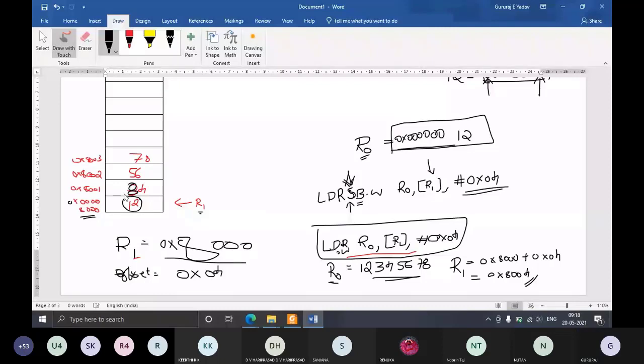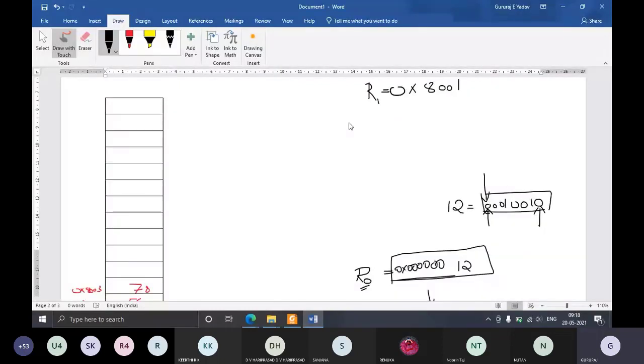Right. So now the instruction I'll use is LDRSB.W R0, [R1], #0x04.